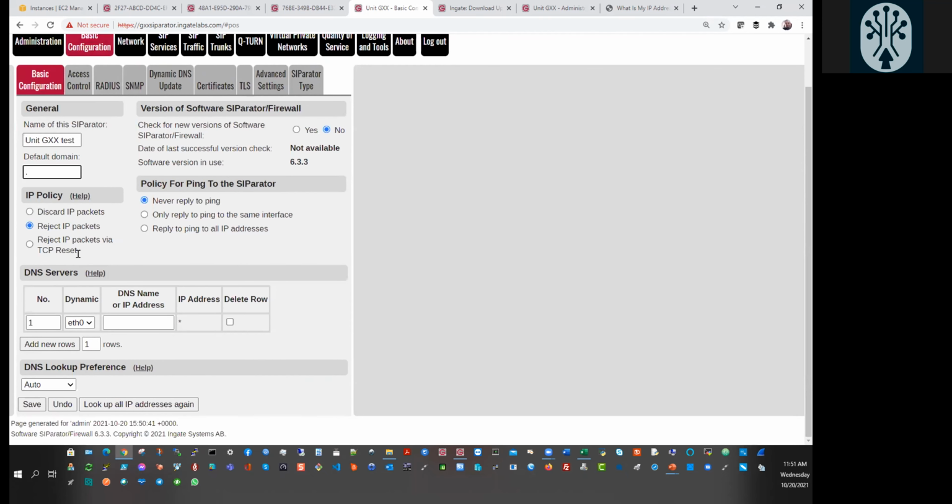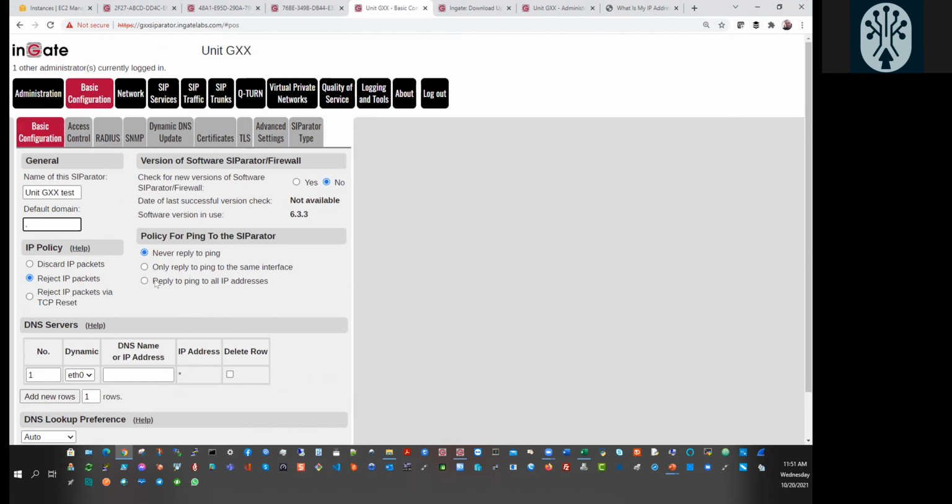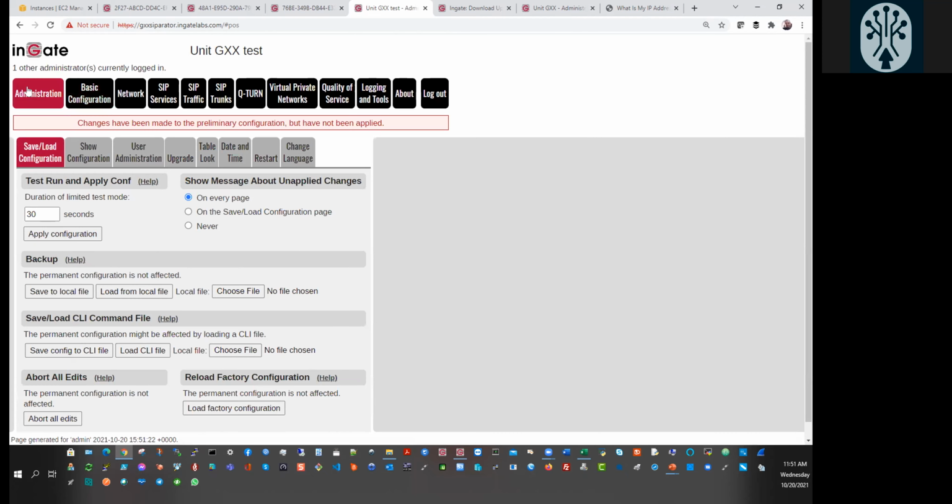Sometimes you're going to see me go down and save, or sometimes I'm going to skip the save and click any other button, and it does the save by default. So you don't need to click save, you just need to move to a different tab. Now there is an option here that says test run and apply configuration, and this is a very